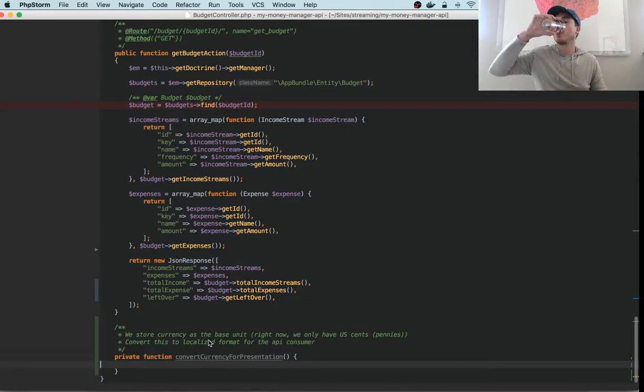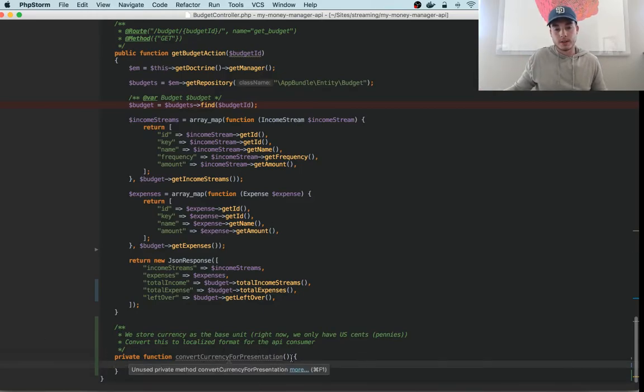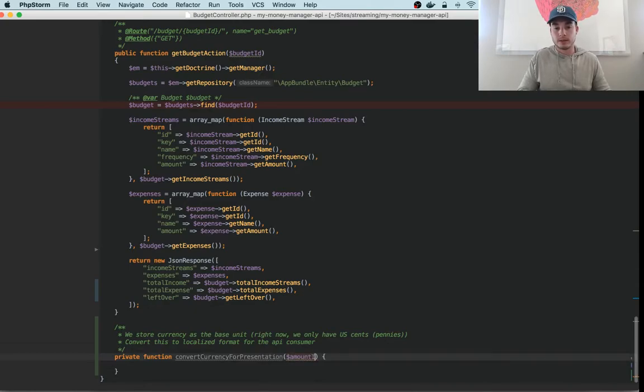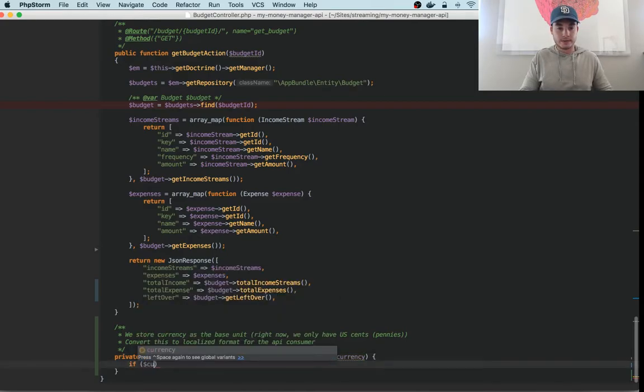Especially with more expensive things, with higher priced items. So all this is, we take amount or base amount, and then we'll say currency, and if currency equals